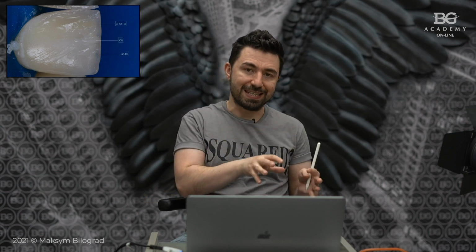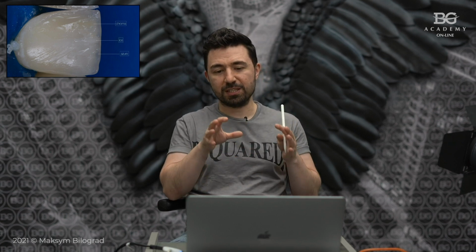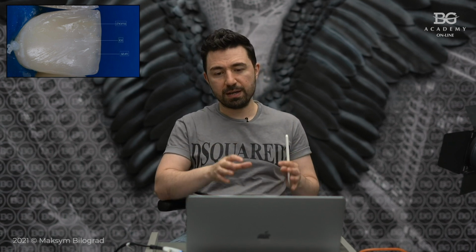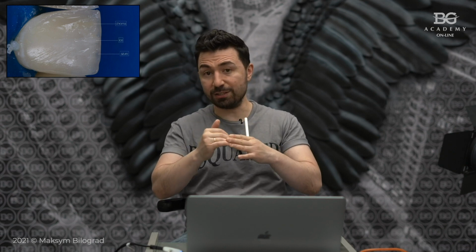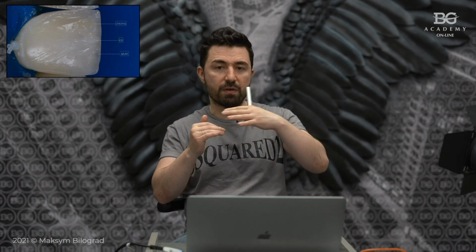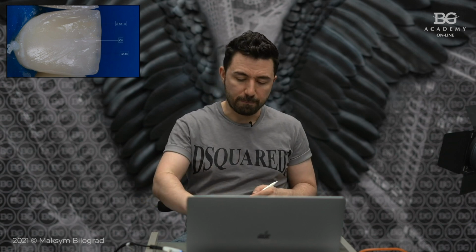So if you decide to play with tints, you have to do this straight before applying the final layer of enamel. So you have dentin, then you do these stains or tints or colors, then you cover it with the enamel layer, and then you go for finishing and polishing procedures. This is straight after